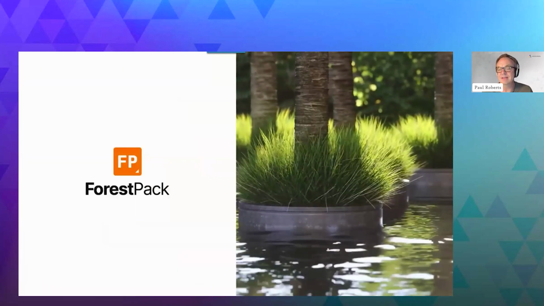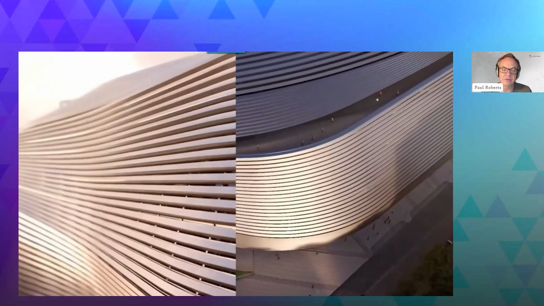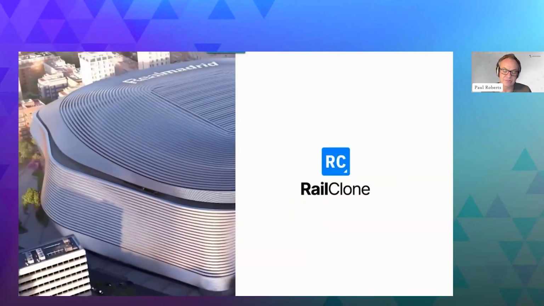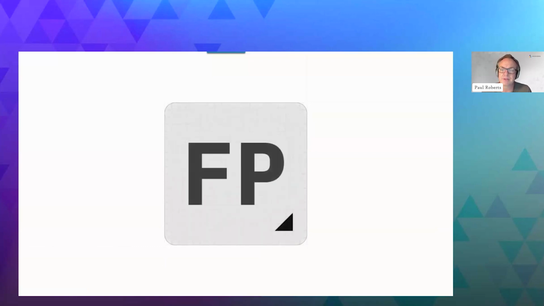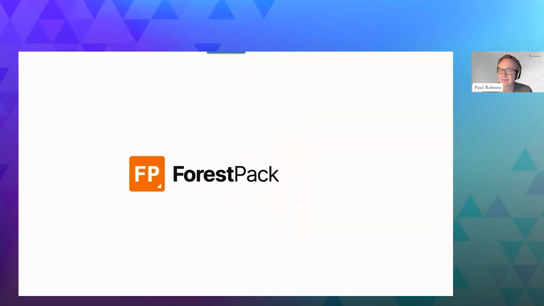Since then, 10 years later, we have also released RailClone, which is a parametric modeling tool, which I'll talk about more in a minute. And we've also branched out to produce assets. So we've got two lines of assets, which is the 3D garden for plants, shrubs, ground cover, and that kind of thing, obviously